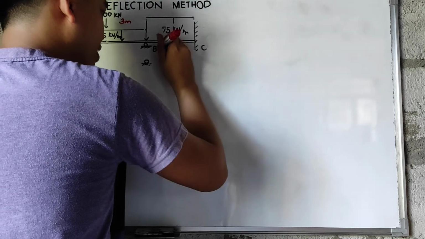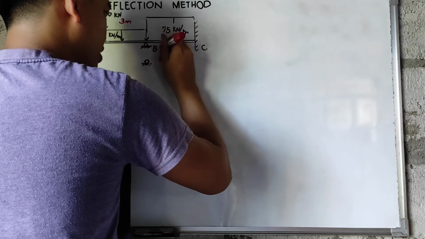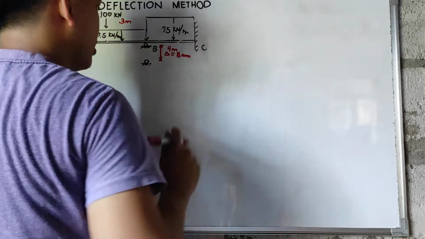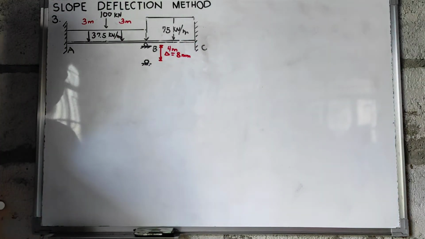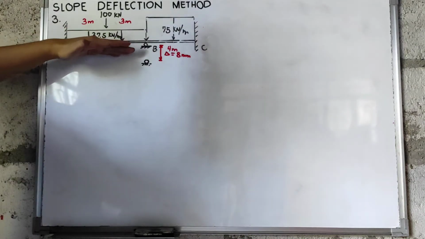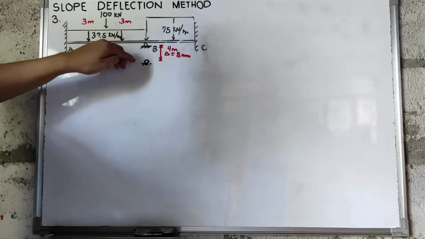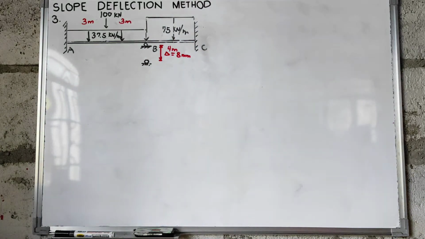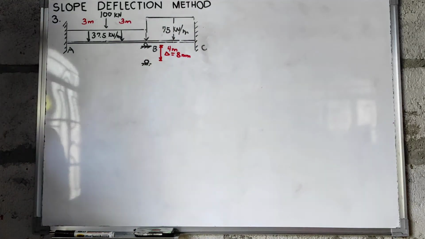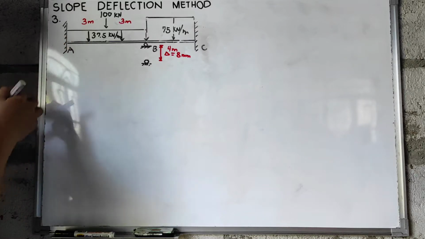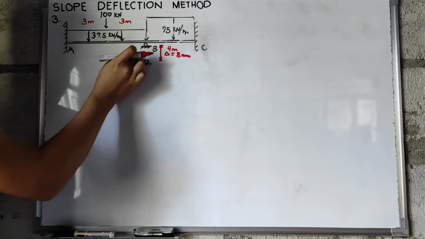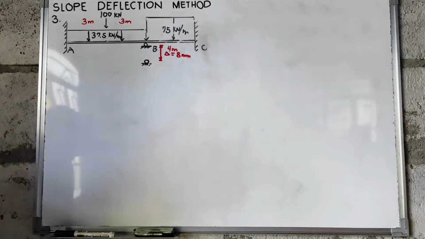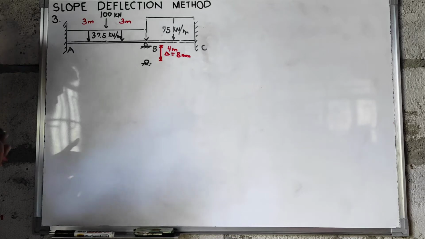So yung value ng delta natin dyan is equal to 8 mm. Yung mangyayari niyan, yung beam natin, bababa siya dito sa point B natin ng 8 mm. So kung i-draw natin yung elastic curve ng beam natin, kung dati yung elastic curve niya is ganito tapos sasarado siya sa point B, ngayon yung mangyayari niyan, since nagkaroon tayo ng settlement,